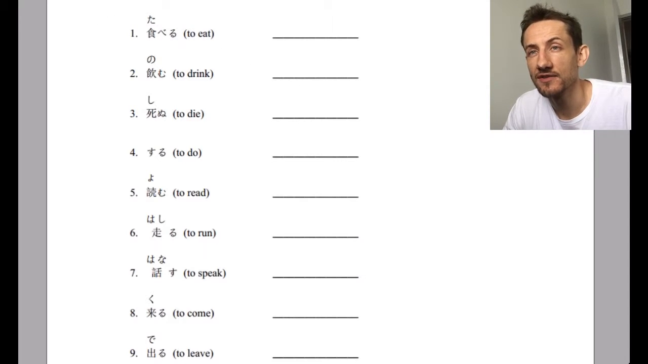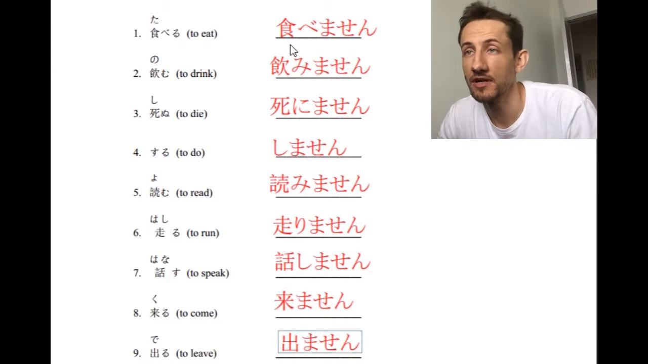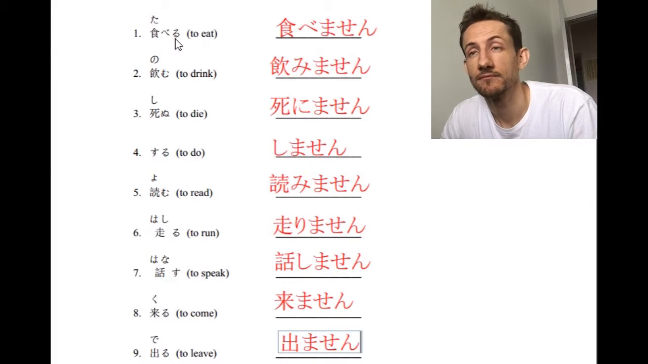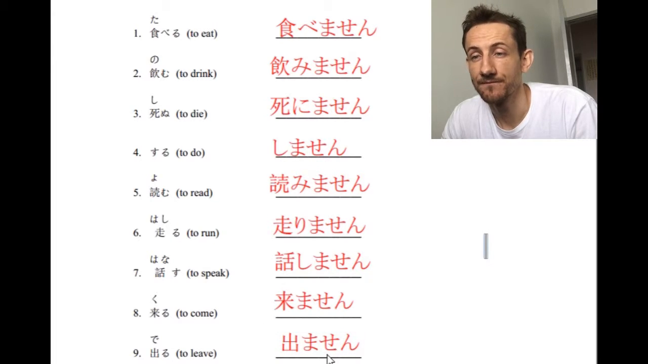All right, so I'm assuming you've answered the questions. So now we'll check our answers. Number 1, 食べる becomes 食べません. So here we have our type 2 verb. We just drop る and add ません. 食べる、食べません。Number 2, 飲む becomes 飲みません。死ぬ、死にません。する、しません。読む、読みません。走る、走りません。話す、話しません。来る、来ません。And finally, 出る、出ません。